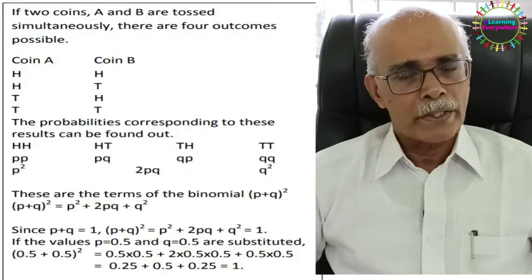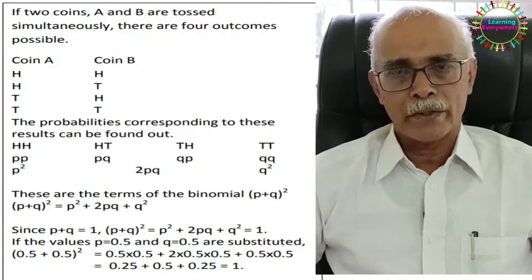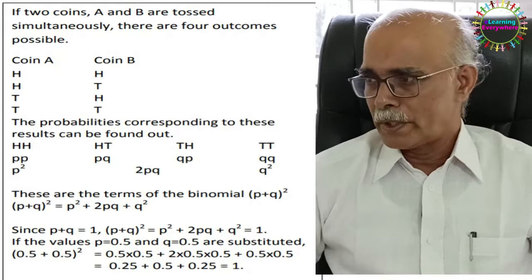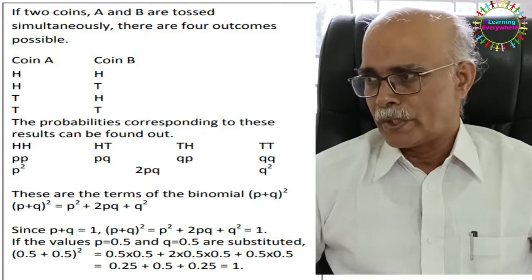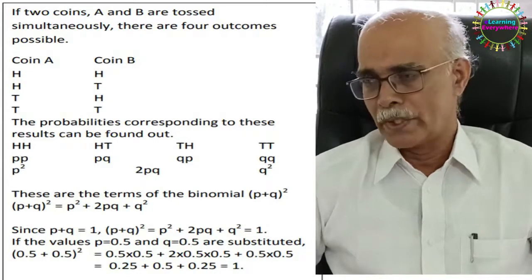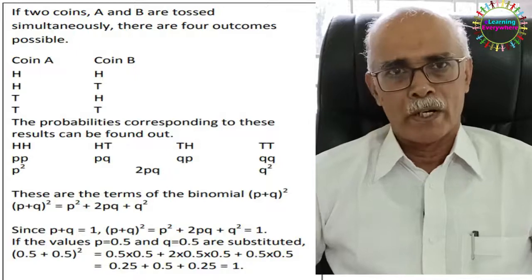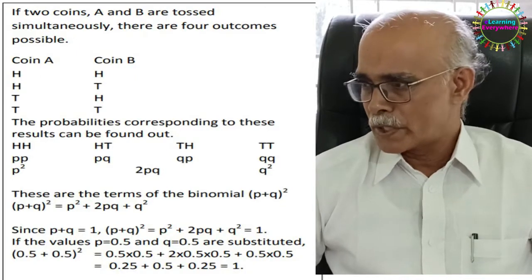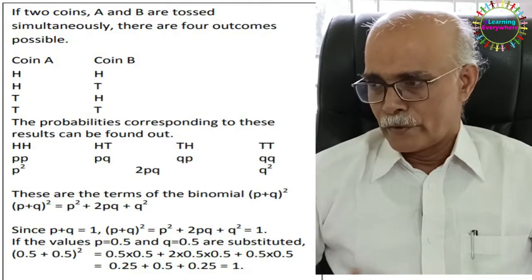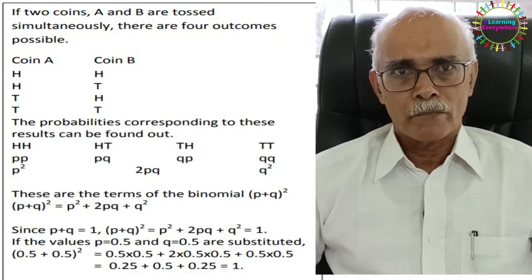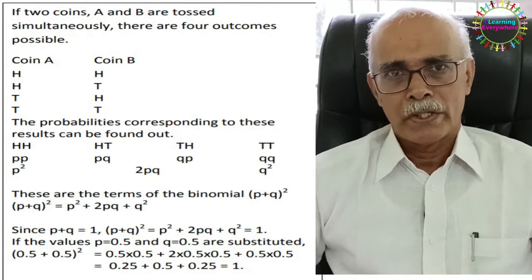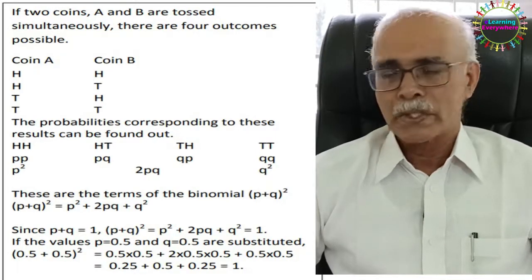You may get head in the case of coin A and coin B, head in the case of coin A and tail in the case of coin B, tail in the case of coin A and head in the case of coin B, and tail in the case of both coin A and coin B. And if you are finding out the corresponding probabilities of these results, you can arrange it like this: two heads, HH, head and tail, HT, tail and head, TH,